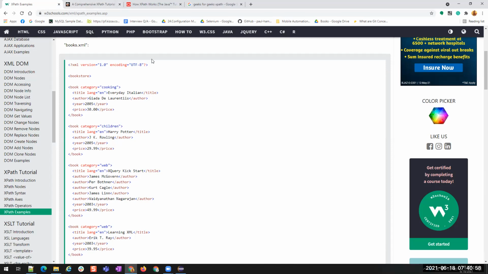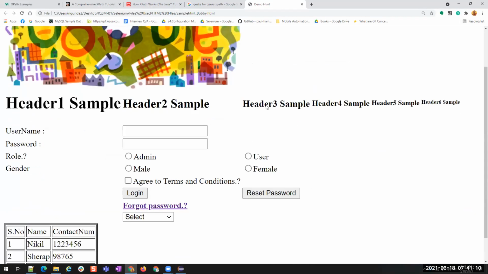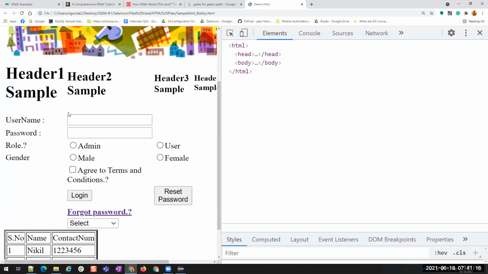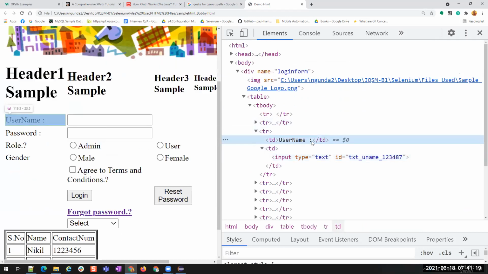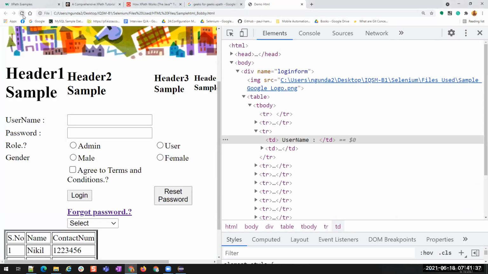Fine. Right. So now, I'll show you some other example. Where is that file? Okay, here it is. Sample HTML. Now, what I'm going to do is, on username, I'm going to add some extra spaces, intentionally, in the beginning and ending. Now I've saved it. I'll refresh it. Now you see here also the spaces will be there.